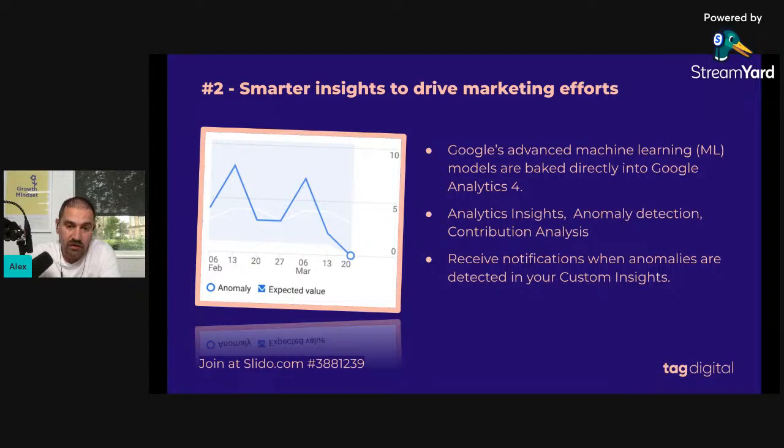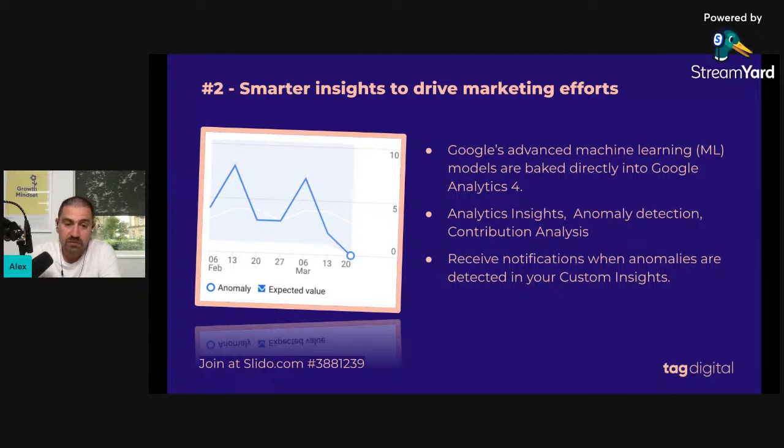These Analytics Intelligence functions include answers to your questions. You can ask Analytics Intelligence a question in plain English and get a fast answer. For example, you can say which channels had the highest conversion rate last week, and then Analytics will show you a ranked list of conversion rates by channel. Analytics Intelligence will also analyze your data and surface insights on major changes or opportunities you should be aware of. For example, it can point out that a certain landing page is performing better than normal, so you can check this page, analyze the reason, and then act based on that data.